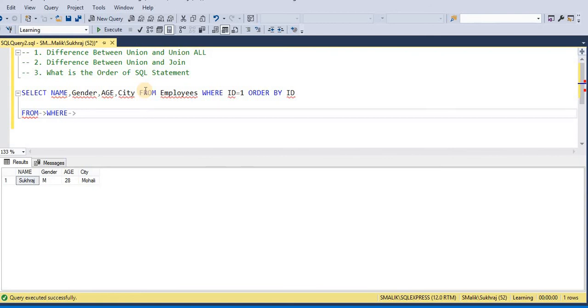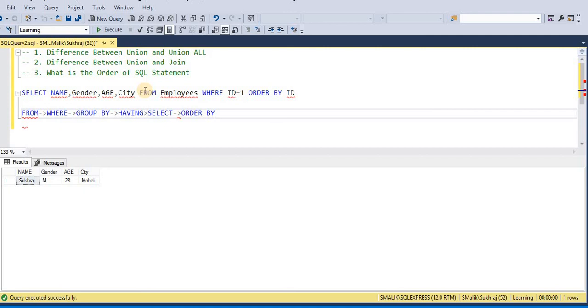It means first it will pick all the records from employee, and then it will apply the where condition there, and after the where it will apply the select, and now it will select all the records, and after that it will order all the records. So order by will be at the end. This is the way in which SQL statements get executed: from, where, select, order by. If we are using group by, in that case after the where, group by will execute, and after the group by, having will get executed. So in that case this will be the order.